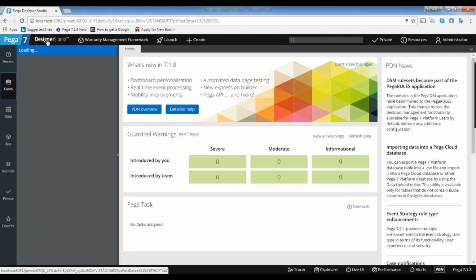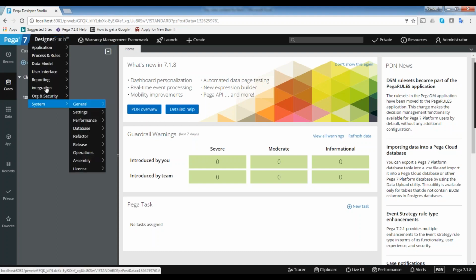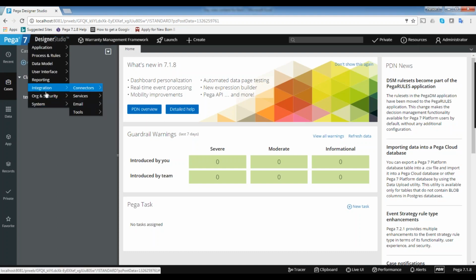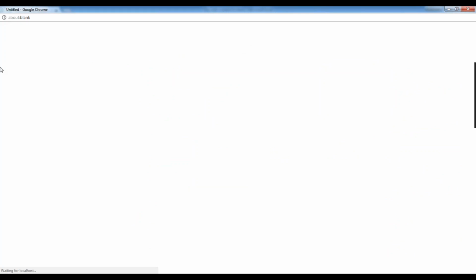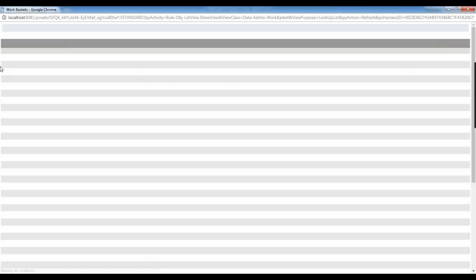If you want to see the work baskets, you can see them here in Visual Studio. You can see all the work baskets that are available in the system.